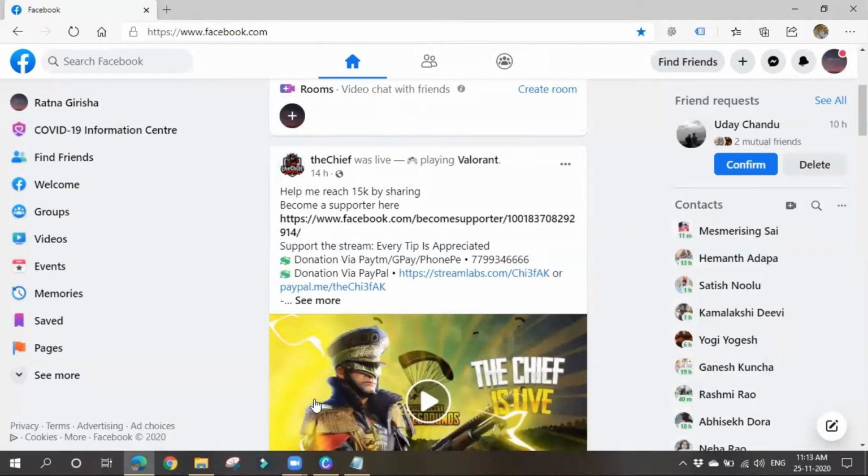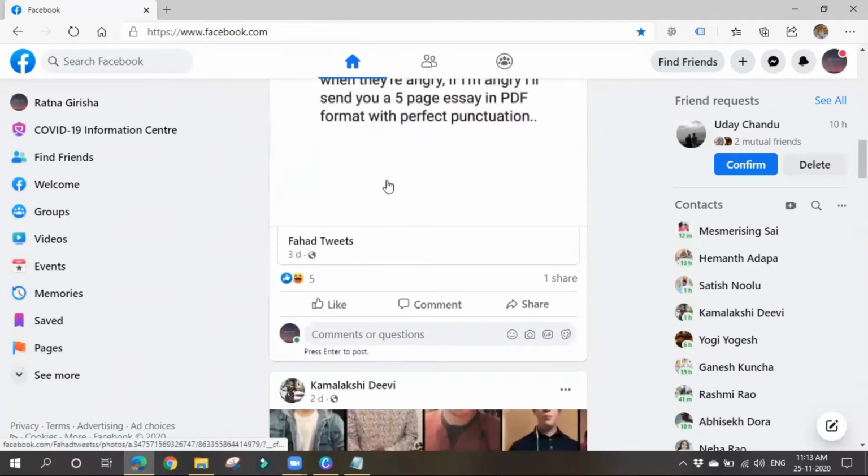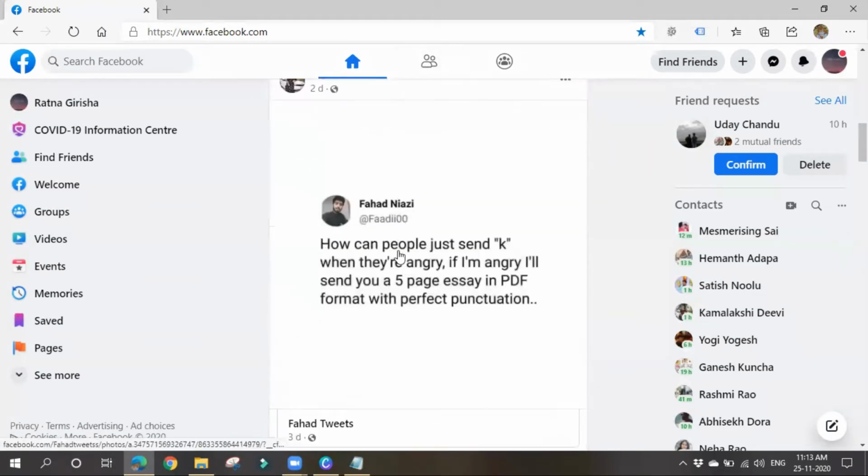newsfeed. So that's why, based on the things you like, the things you are interacting with, the old or new post, and the priority of the post, you'll be seeing articles. That is the reason why each and everyone will not be shown each and every article, or the same articles. The news feed will change for each and everyone. You might see common posts, but the order will differ.